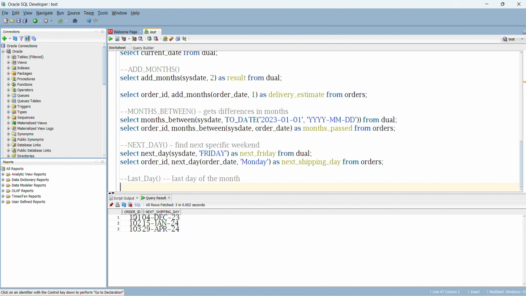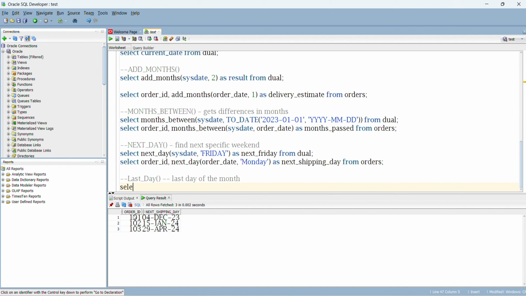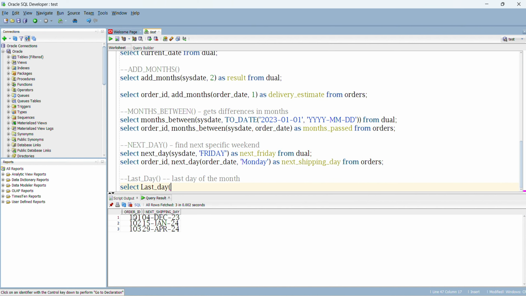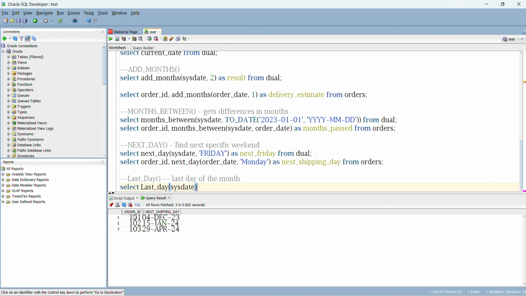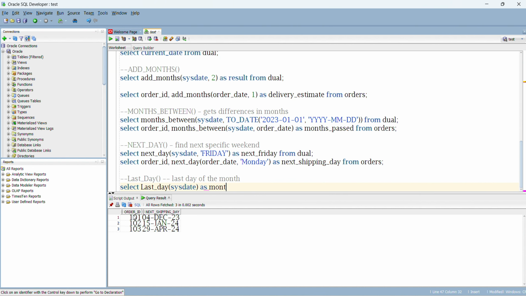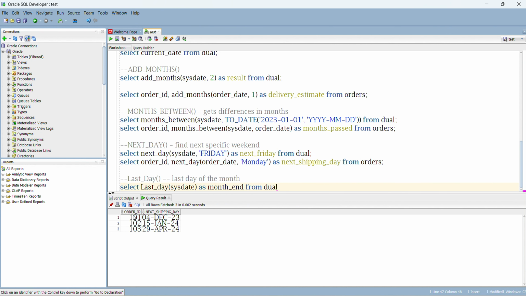So how do we use it? Let me show you some examples. First, let's say we want to find the current month's end, so we can write SELECT LAST_DAY(SYSDATE), which will give us